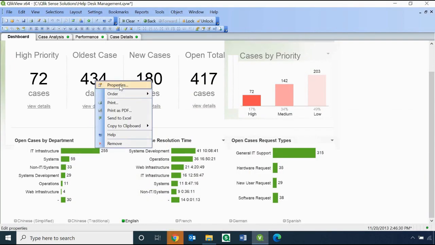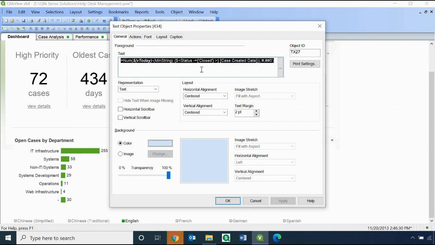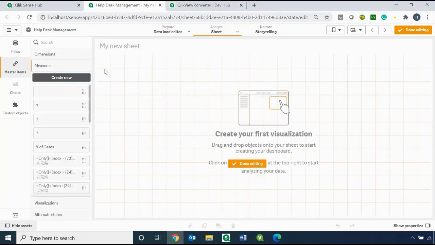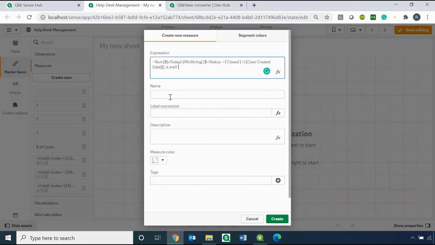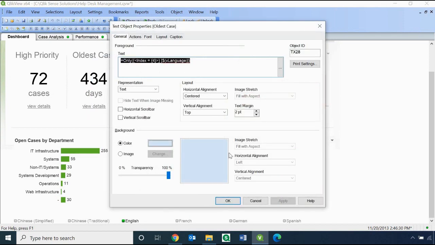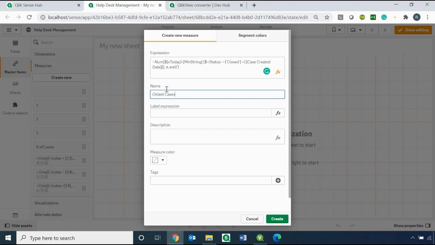Now let's go to another one. Let's go back, copy this. So I'll just do that very quickly. Okay, so this is the oldest cases. Go here, copy this, and put it here.